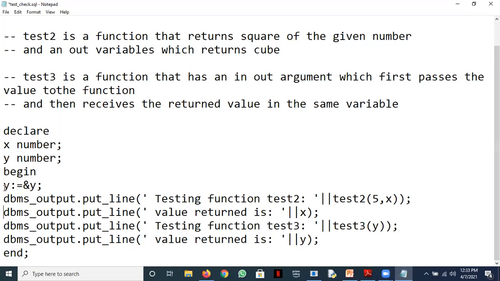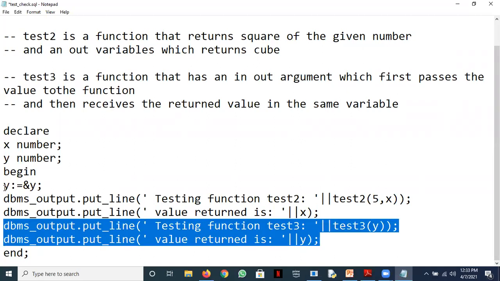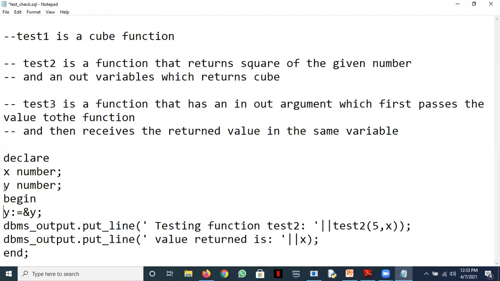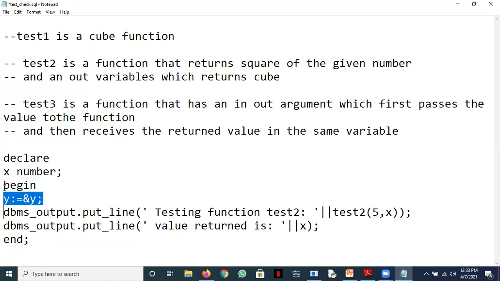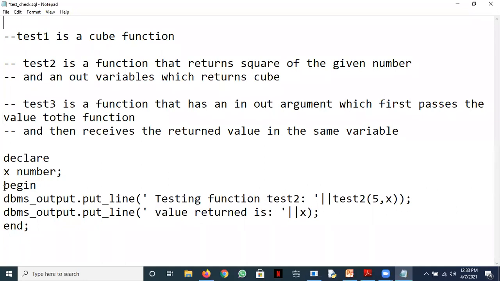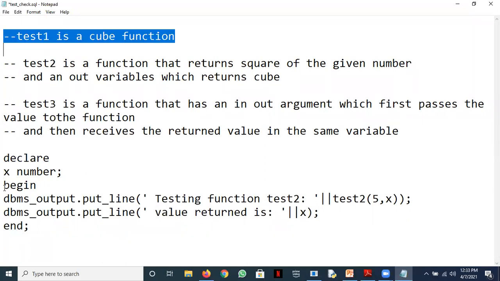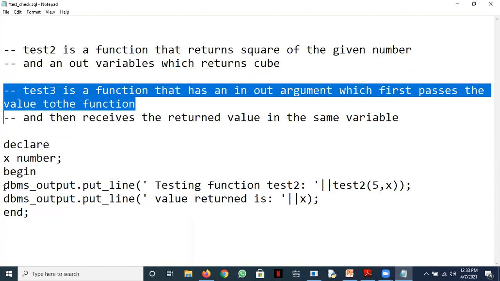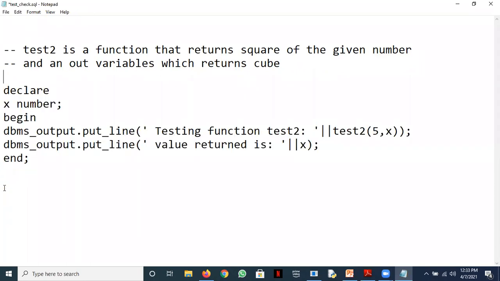I will need this. So test2 is a function that returns the square of the given number and an out variable which returns cube. I hope you remember this.